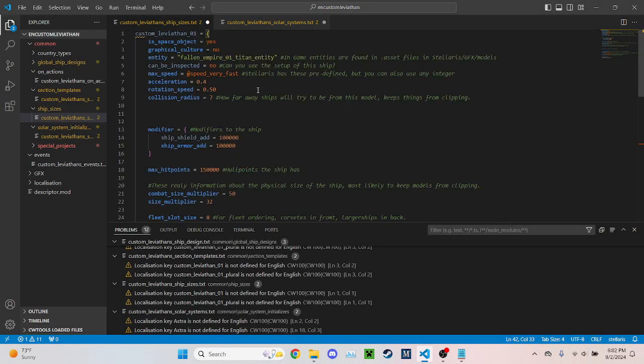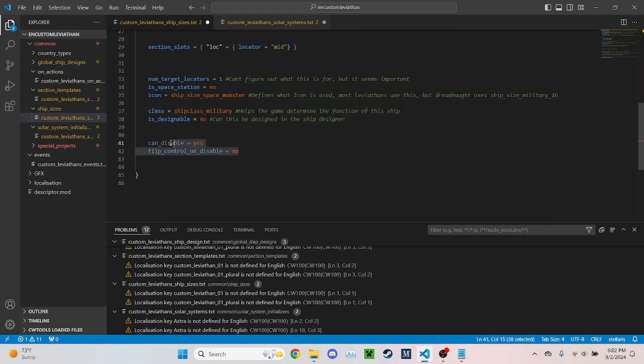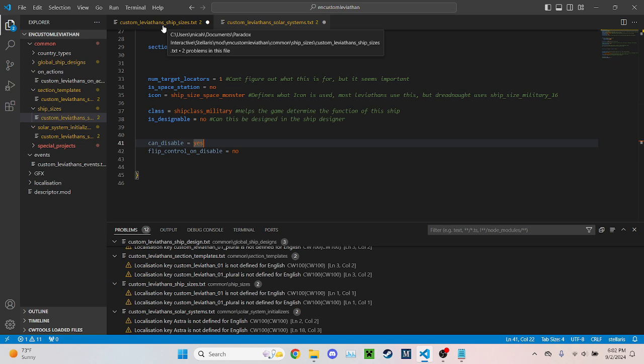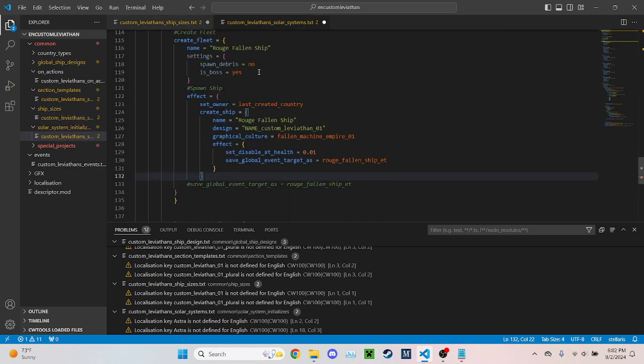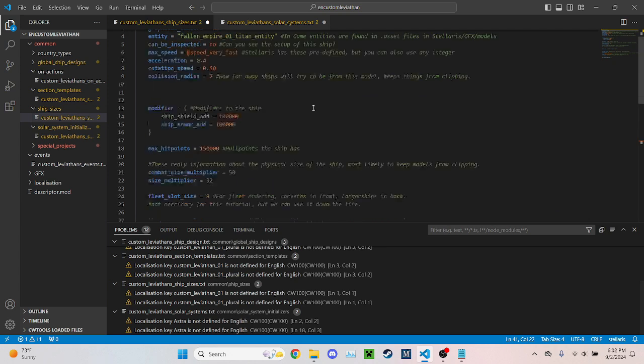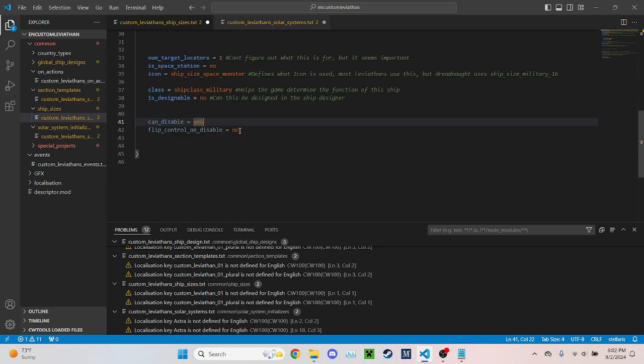So before we get into the on actions and events, there are a couple things that need to happen. One, we need to make some modifications to our custom Leviathan ship sizes and custom Leviathan solar systems. And these are very simple. So in your custom ship size, all you need to add is can_disable = yes and flip_control_on_disable